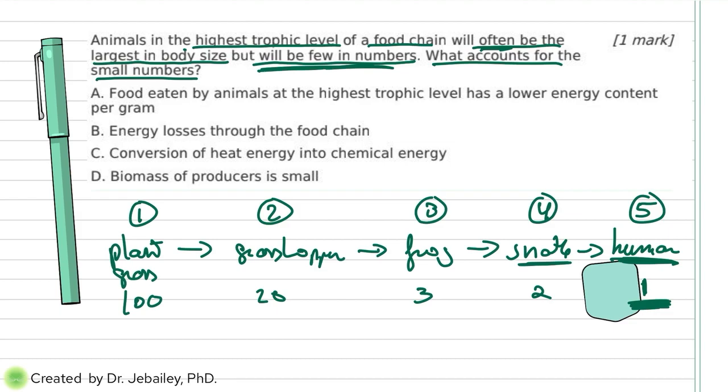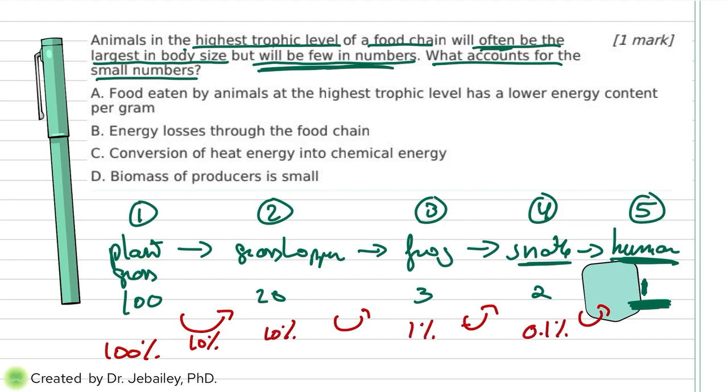So obviously, the reason why the human will be 1 is simply because as the energy moves on, only 10% of the energy is moved to the next level as you go like this. So by the time it gets to the human, the energy will be very low. So think of this: if you had 100% of energy here, this one would have been just 10%, this would be 1%, this would be 0.1%, and then this is 0.01%. So the human is only receiving 0.01%.